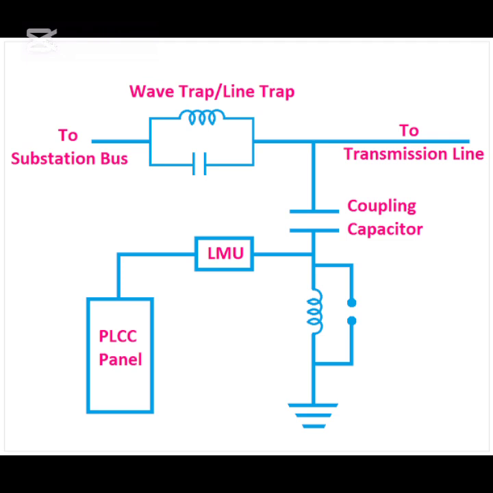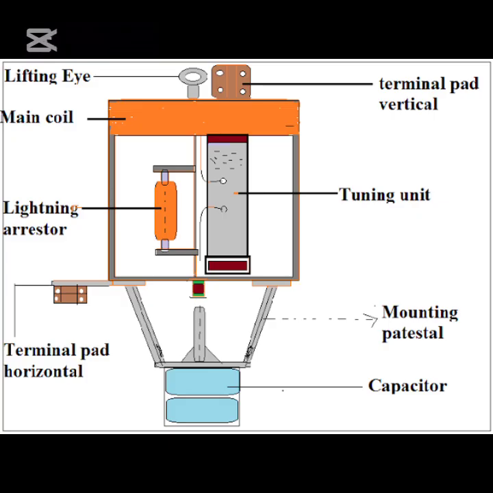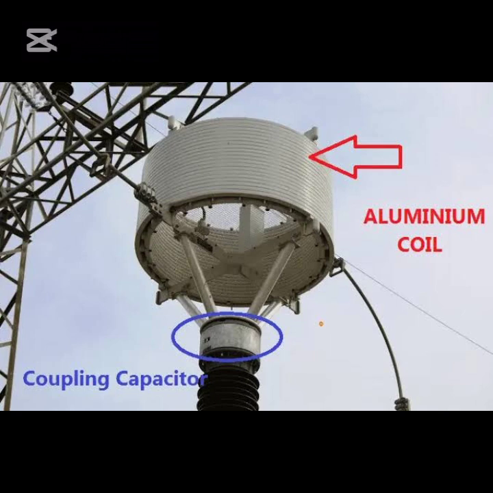Let's briefly look at the components of the wave trap and see how they contribute to blocking of this high frequency and ensure power quality. 1. Main coil. This external component is constructed with standard aluminum conductors. Its size is determined by the system's current capacity and voltage rating, and larger coils may be divided into two sections, for practical reasons. A cooling duct, made from spacer bars of epoxy resin and fiberglass, is included to dissipate